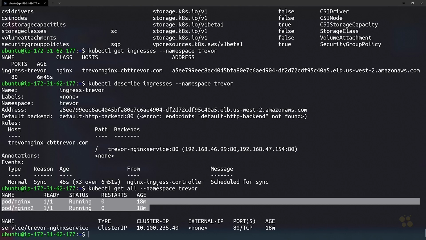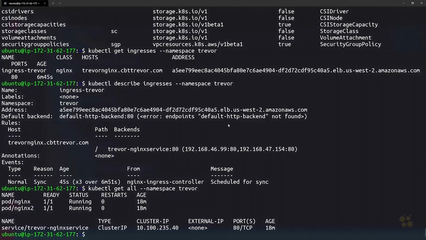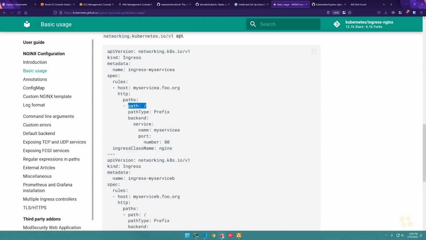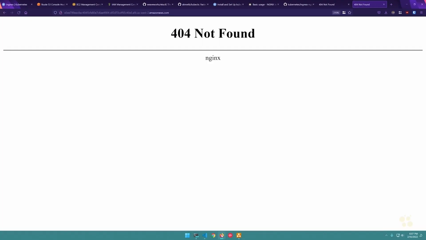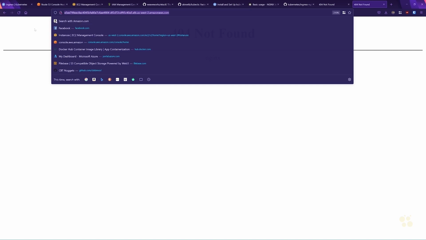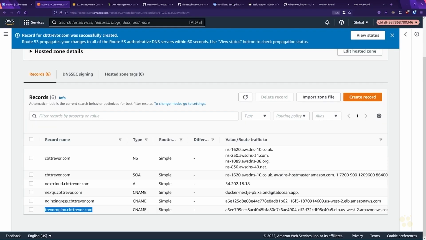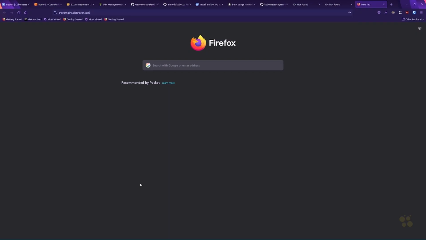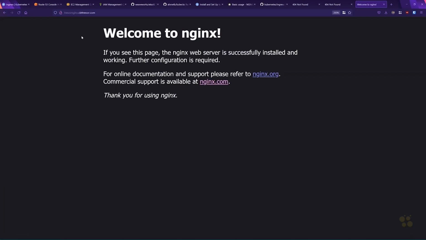So now what we can do is actually test out hitting our load balancer endpoint for starters. So let's try that. And I think we're just going to get a 404. And that's because our ingress resource has a host name configured that's forwarding to it. And this load balancer name doesn't actually match that. So what we need to do is actually access it on trevornginx.cbttrevor.com. And as you can see, that will properly route the traffic to our service and give us our NGINX landing page. So that's how we can configure the URI-based routing in our ingress resource and use the NGINX ingress